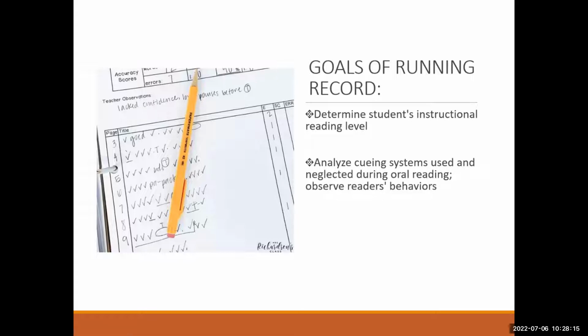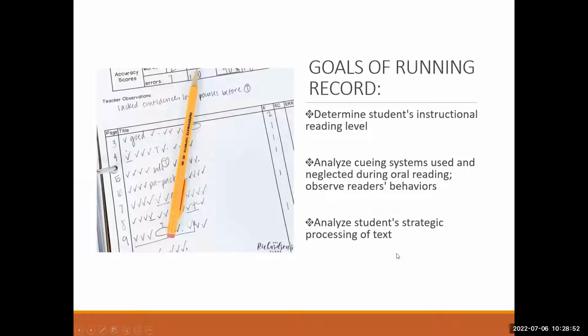Another goal of a running record is to help us analyze the cueing systems that the student uses and the ones that they're not using yet so that we can teach them about them. We're going to talk more about cueing systems in another part, the third part of our video. So rest assured, we'll get to it. And we also, through the running record, can analyze the student's strategic processing of text. How are they able to make attempts on words that they're unsure of,